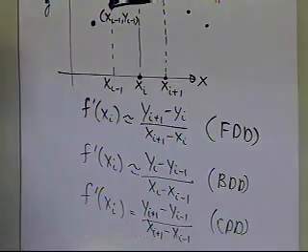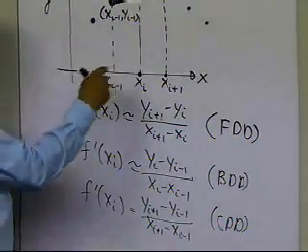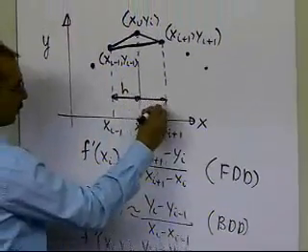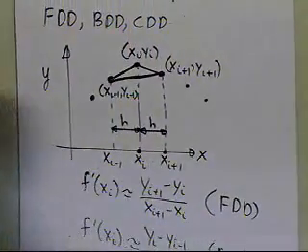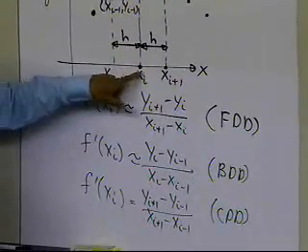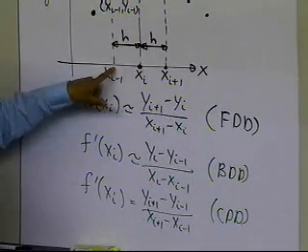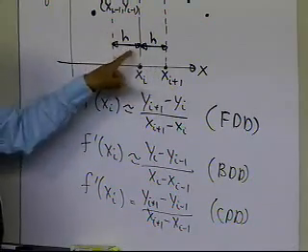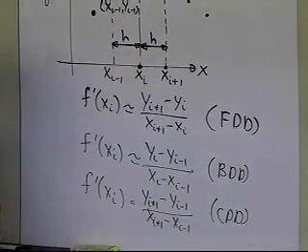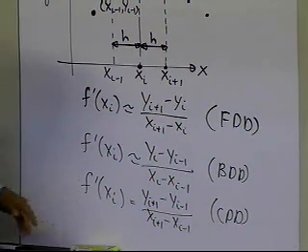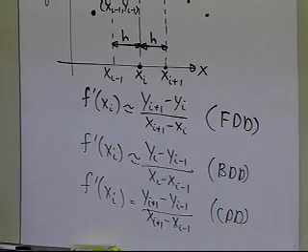However, there's a caveat here. If you want to use the central divided difference scheme, this difference here, let's suppose h, has to be the same as this difference h here. Otherwise, it's not the central divided difference scheme. So if you want to use it at a particular point, the point to the left and the point to the right have to be given to you h apart, the same distance apart. Otherwise, the formula which I have written is not the central divided difference scheme formula.